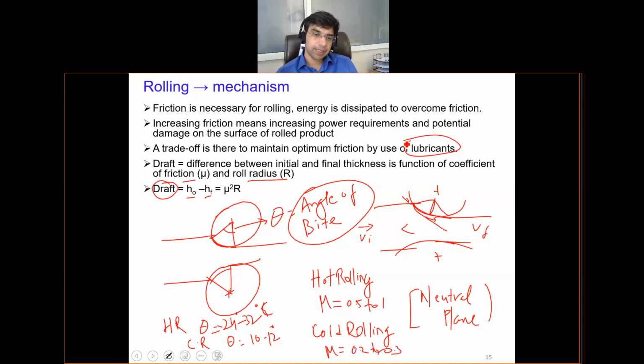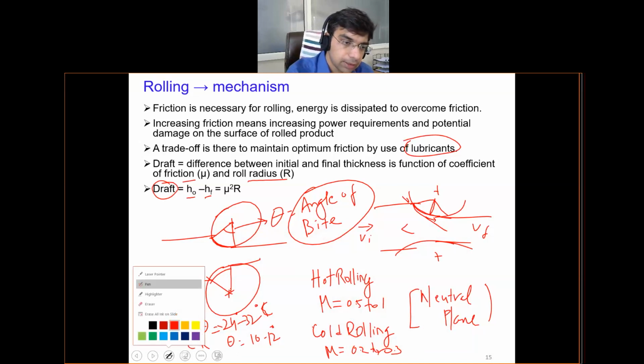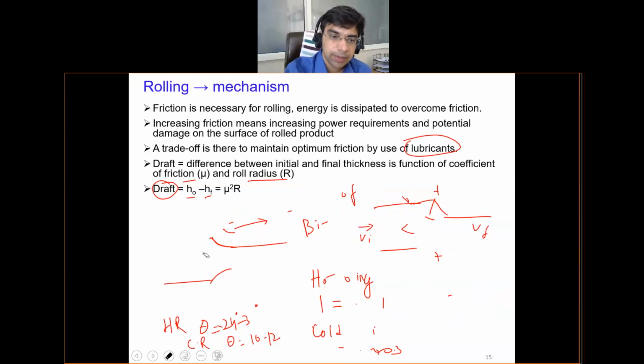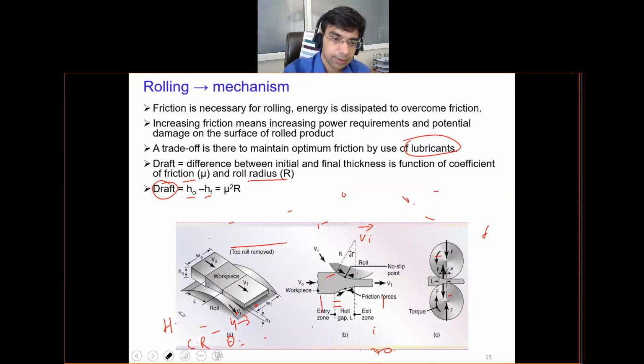So this is the basic mechanism of how rolling takes place, the different parameters in terms of the angle of bite, then the coefficient of friction, and the importance of the neutral plane. So just to see the schematics clearly, I'll quickly remove all this. Whatever I have explained was using the schematics I have drawn myself. There are other similar explanations in the slide as well. So this is the same thing with the schematics already present.